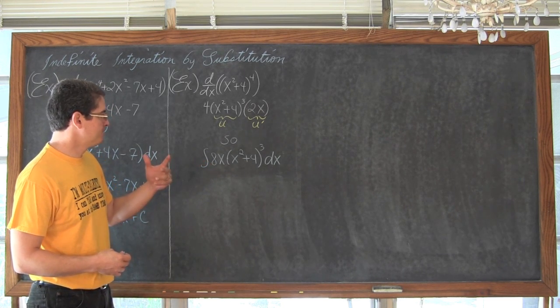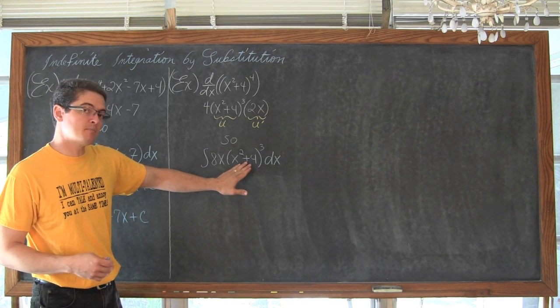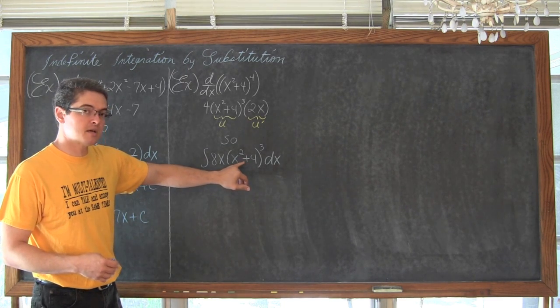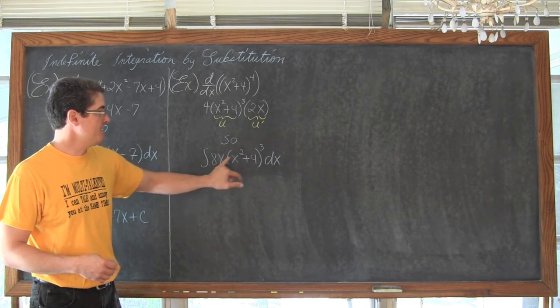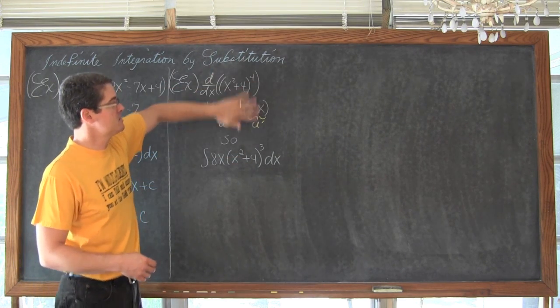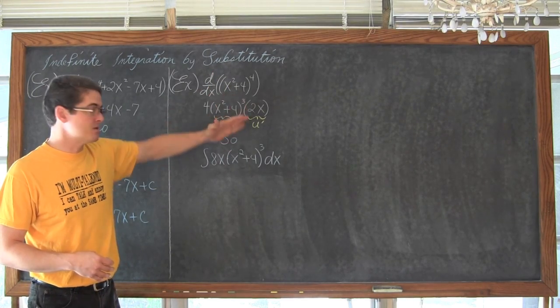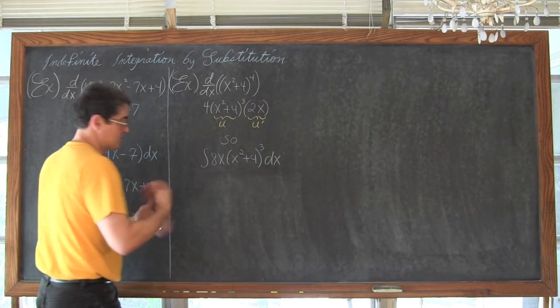So I'm going to take this 8 and see that, okay, I have an inside function of x squared plus 4. The derivative of this inside function is 2x. I need that 2x to show up. Now again, I'm trying to think of doing this without seeing this previous problem, which we kind of do need to see the derivative process to do this, because I'm just learning how to do these problems.